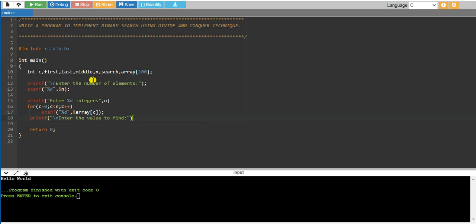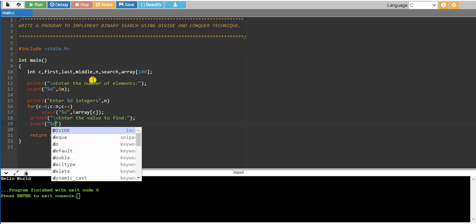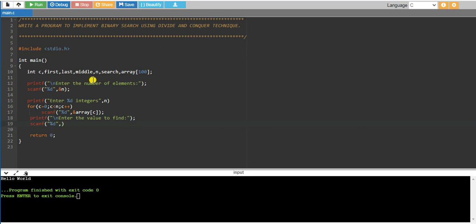So that is how I'm going to read with the help of scanf. Again scanf, then %d comma &search, right?